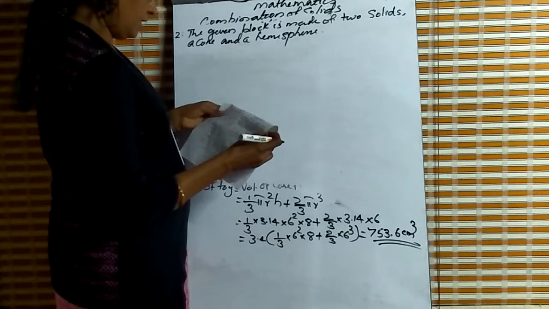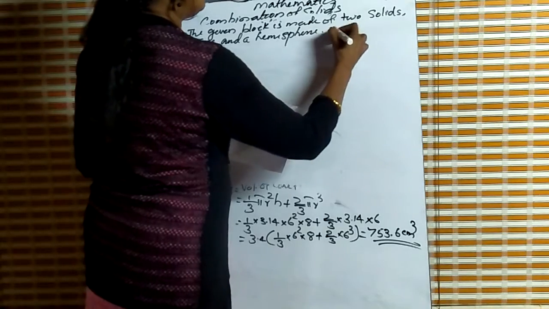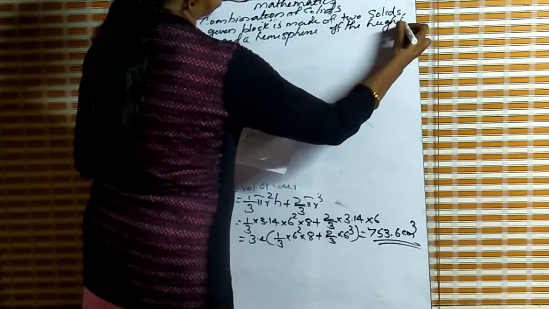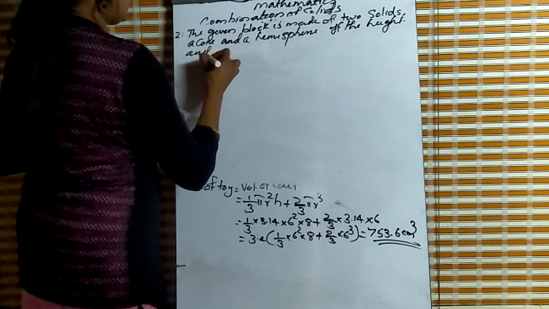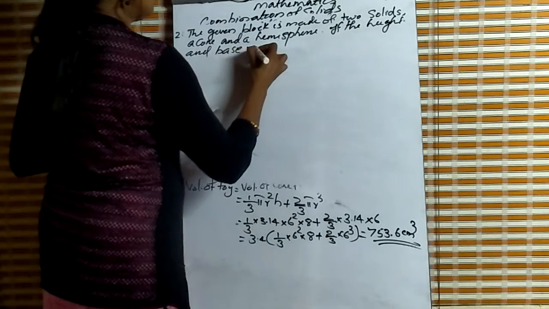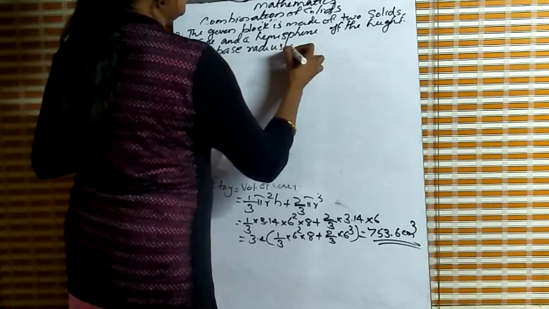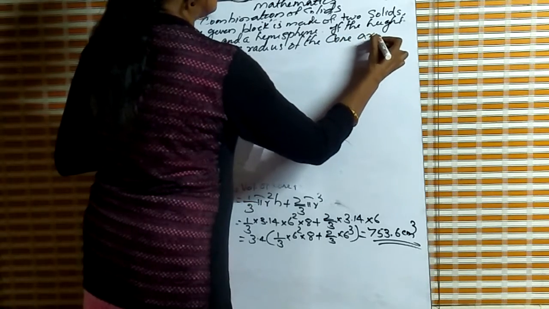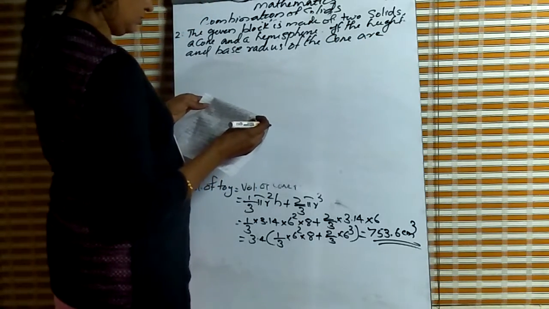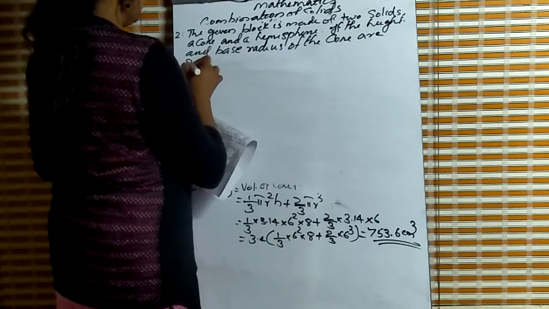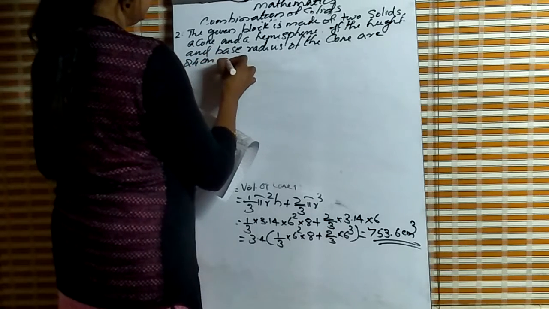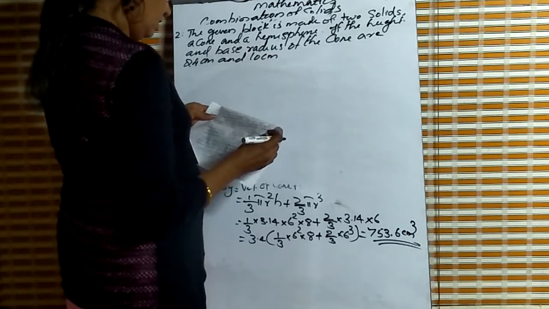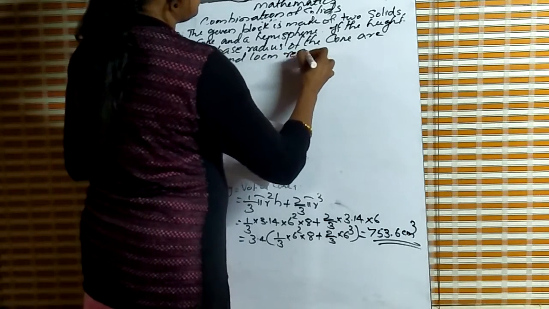If the height and base radius of the cone are 24 centimeter and 10 centimeter, respectively,